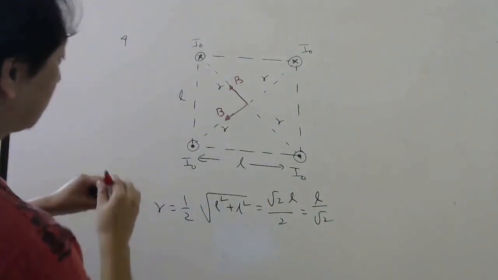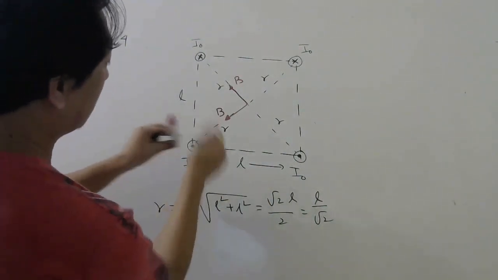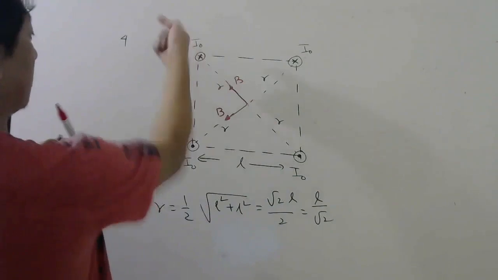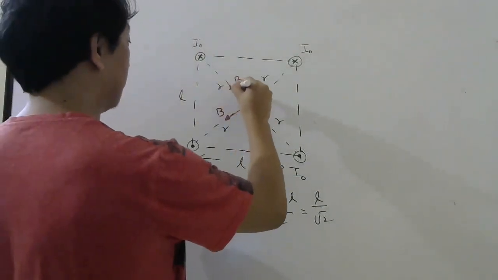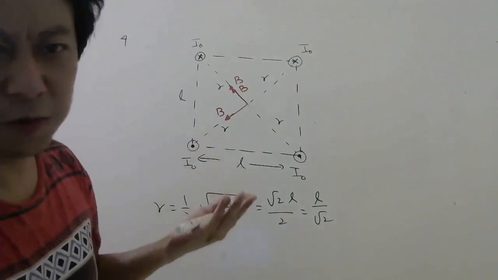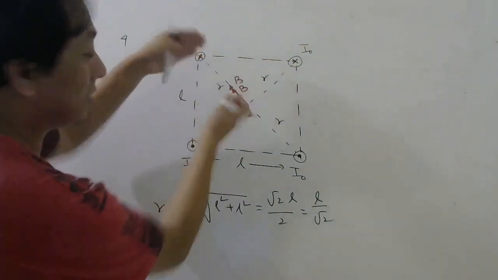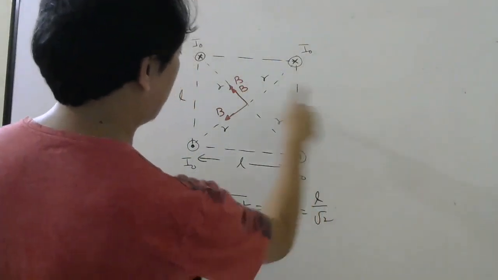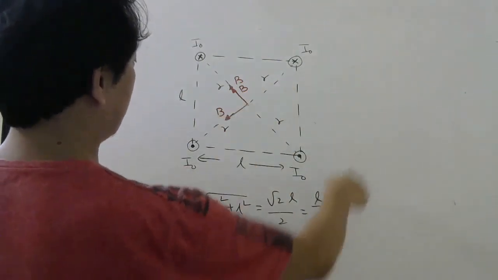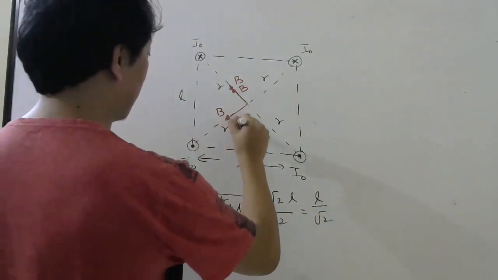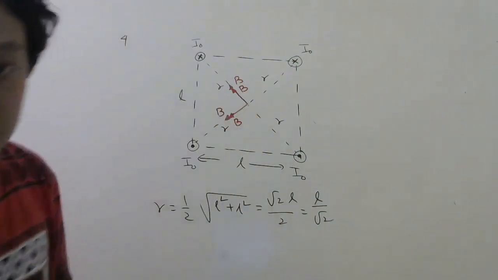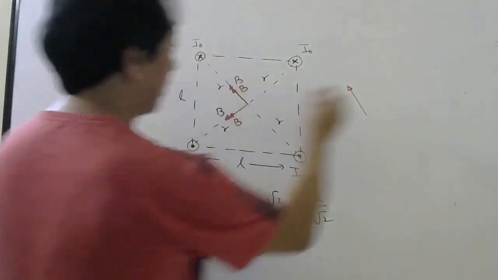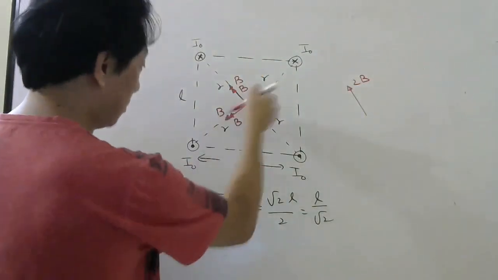Now this is out, so it will be like this. The magnetic field here will be like this. When you reach here, the circle will be like this, so the tangent will also be here. One more B will come. Magnitude will be the same because each has the same current and this distance is also the same. For this also it is out, so it will be like this. When it reaches this point, the circle will be this much, so the tangent will give you the direction of the magnetic field. One more magnetic field. So you can see there will be B plus B because of the same direction, 2B in this direction.